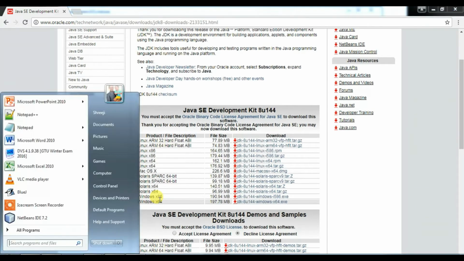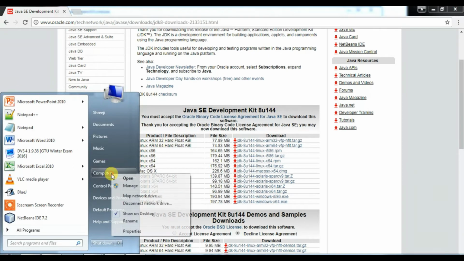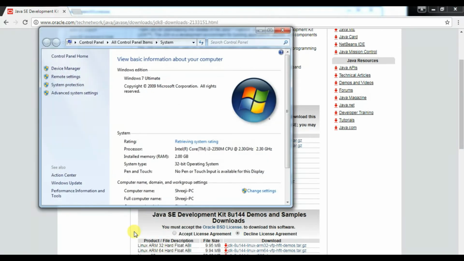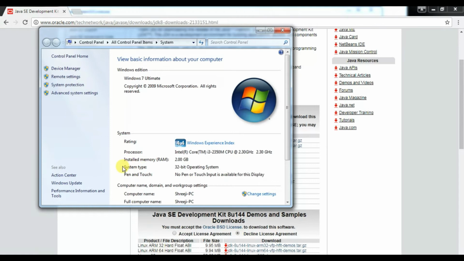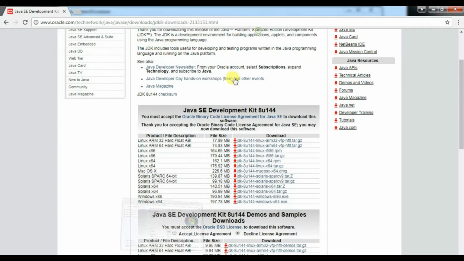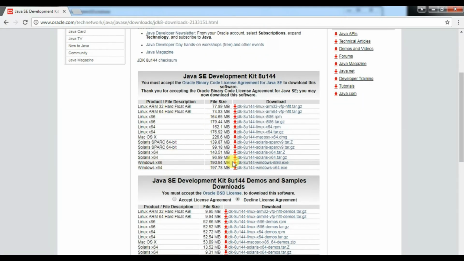Just click on the Windows key, on My Computer right click and choose Properties. There is one option, System type, that is 32-bit operating system. So as per the 32-bit system, click on the x86 one. As the download has started,